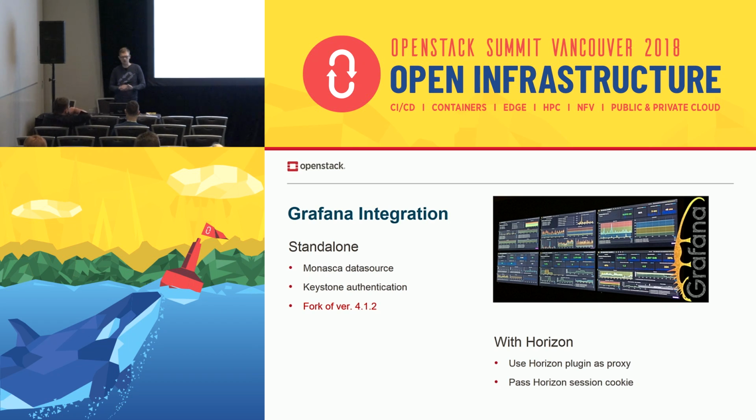Yeah, it works quite nicely. It does not provide all the functionalities of the standalone mode, but still, you now have two options. You can choose to work with the older Grafana and use these Grafana organizations, or you can work with vanilla Grafana, the newest version, and the Horizon authentication mode.